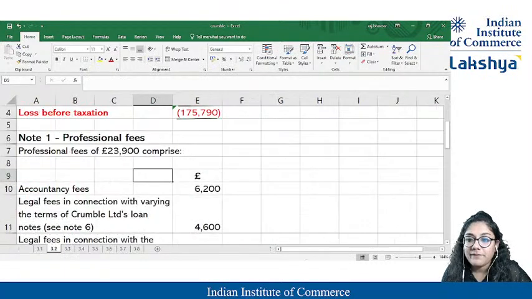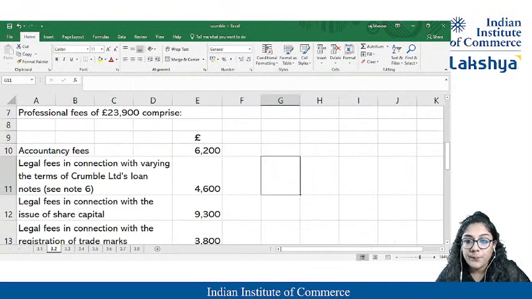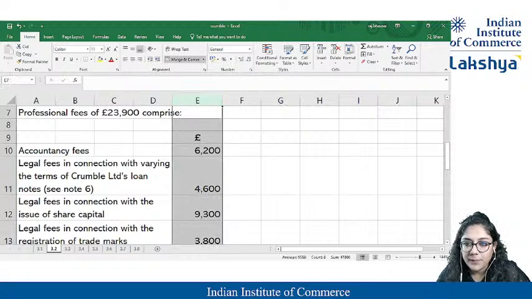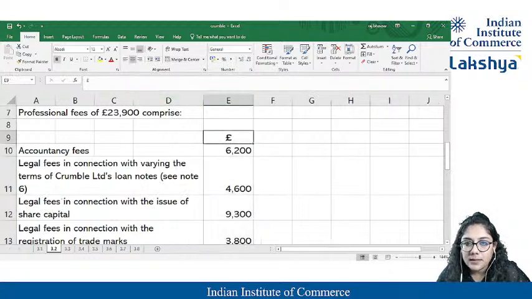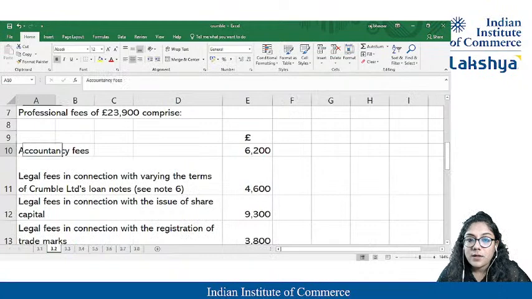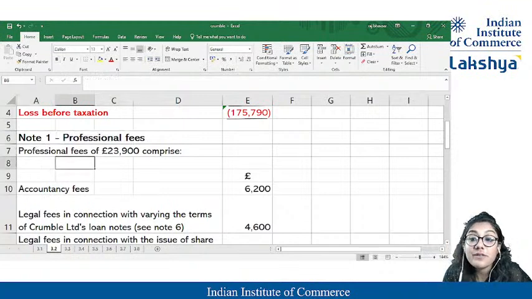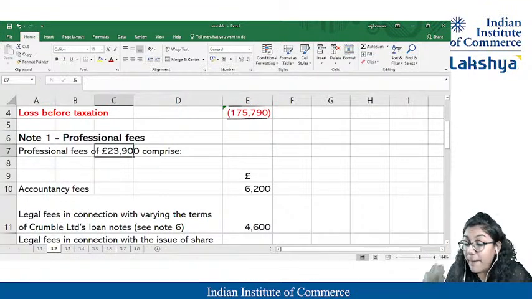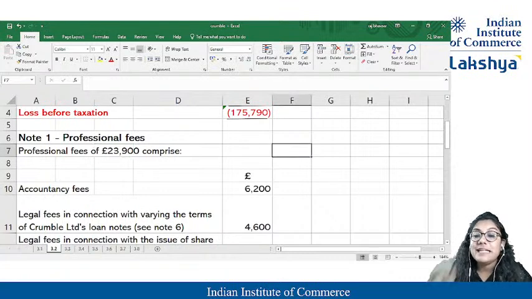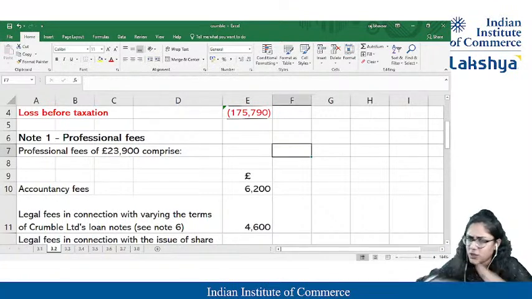When we see the first situation, we know over here they have just shown it. I can make it bigger if you want. Okay, I'll make it a bit bigger. If you can check out the first situation, that is the professional fees. The professional fees was given 23,900, but in that 23,900, you need to tell whether this expenditure is allowed or disallowed. Allowable expenditure yes, disallowable expenditure no.